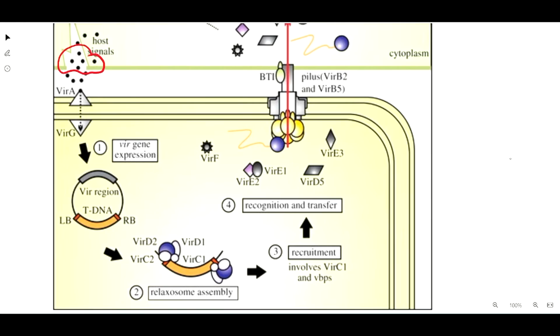site of the plants, and from there Vir-A, which is acting as a membrane receptor, contains multiple types of domains. One is the periplasmic domain, second is your linker domain, third is your kinase domain, and fourth is your receiver domain. As the signal is received by the receiver domain, it activates the Vir-G protein, and as